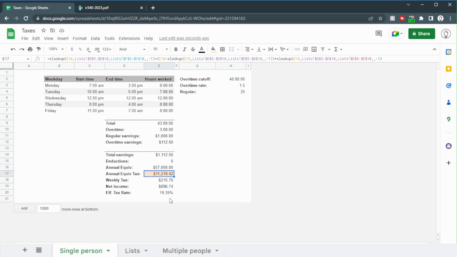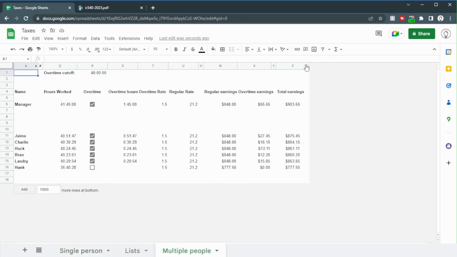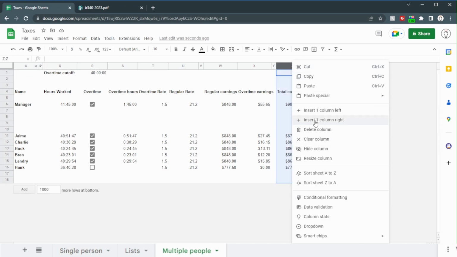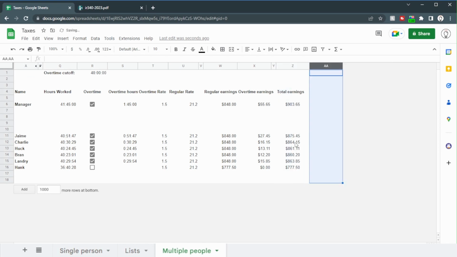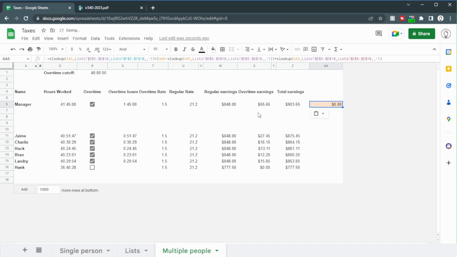Now, to calculate the tax for multiple people, it's going to be fairly similar. So let's just copy this across to our secondary page here. This is our multiple people that, again, you have access from previously. Let's paste this in, and we can see we get a 0. All we need to do is just update this information here, and we do need to add in a slight